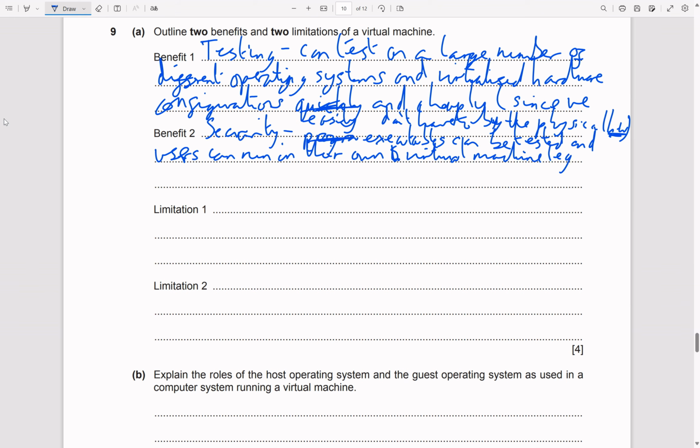For example, web servers or web hosts. We can say any malware or corruption